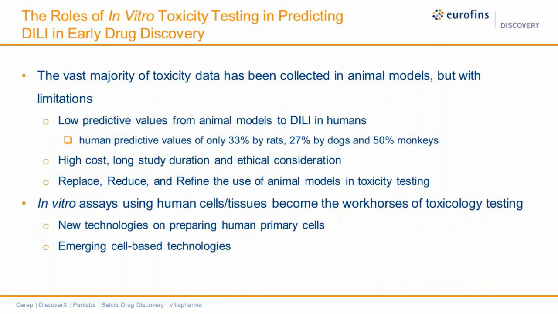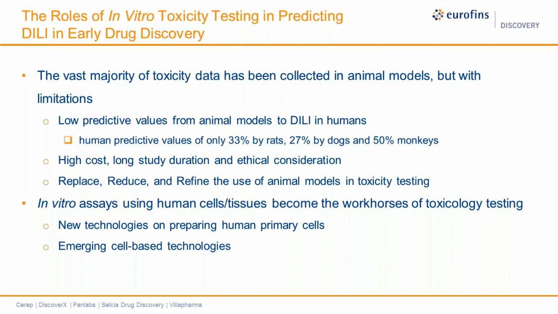Why was the DILI risk of drugs that cause DILI clinically not discovered at the early drug discovery phases? We know that the vast majority of toxicity data has been collected in animal models because they represent whole organism biology and there was limited availability of human models. But the animal models are limited in their ability to predict the potential for new drug candidates to cause DILI